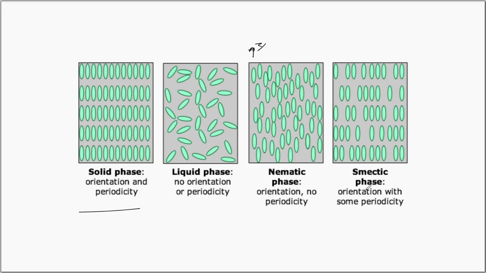In the smectic phase, orientation with some periodicity is possible. A group of molecules are oriented in one particular direction. By and large, if you look at the entire liquid crystal, orientational order is there, loosely the positional order can also be found within certain ranges of temperatures, and this phase is called the liquid crystal phase. One important characteristic that makes us visualize the liquid crystal displays is the optical modulation, or